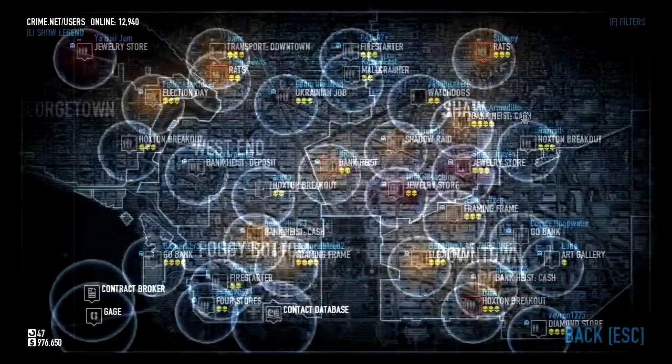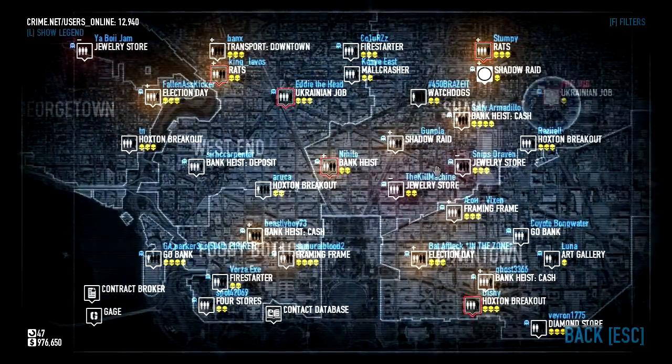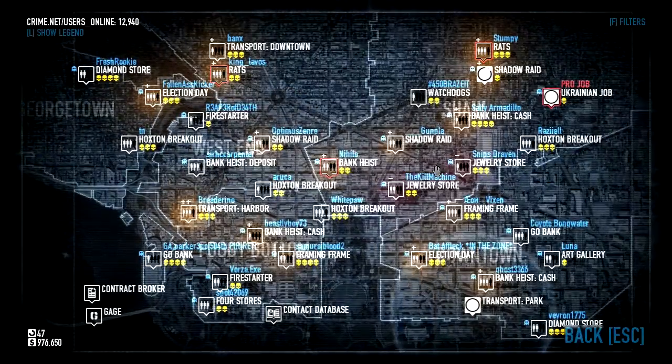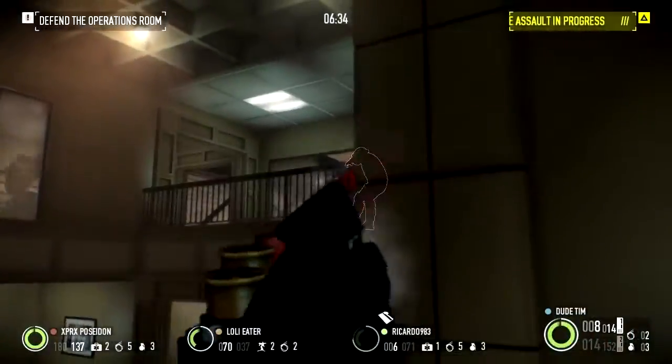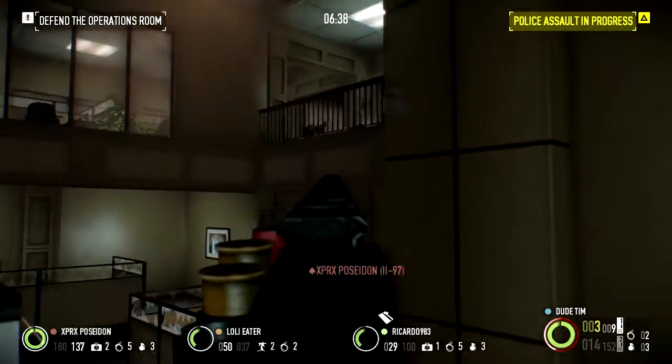Once you've decided how you want to play, or what perks you want, you look for jobs using CrimeNet. Sort of a Craigslist for criminal activities you can choose from. There are two ways to do most heists: going in loud, completely disregarding stealth and mowing down guards left and right,